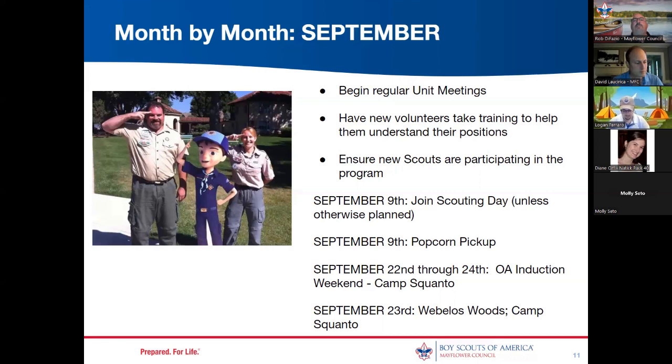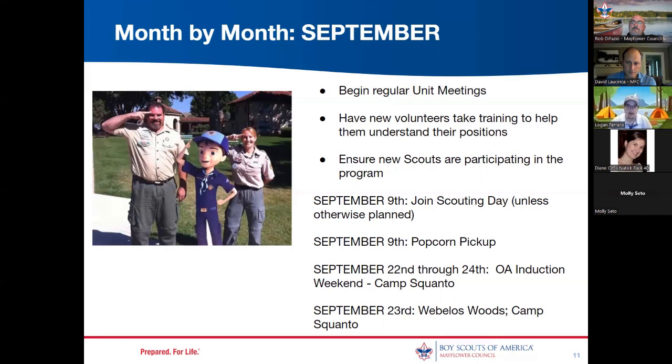Awesome. So Logan, the big thing, and David and I can talk about this real quick, is obviously the weekend of September 9th is what we've designated as Joint Scouting Day weekend. And obviously there's a little bit of flexibility this year. It doesn't necessarily have to be on the 9th if you've got a community event going around. But what else do we have going on in September, programming wise and with regard to popcorn, that leaders are going to want to know about?